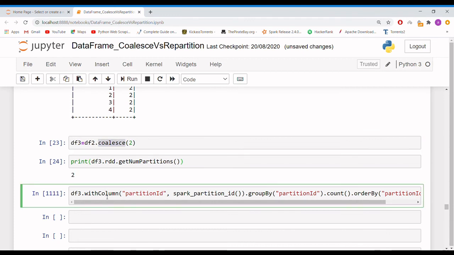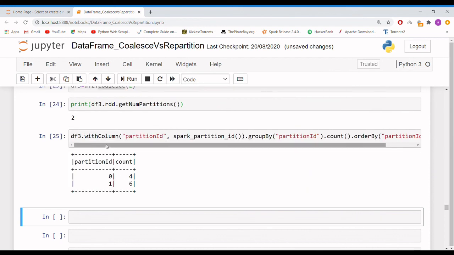Now we will see on what partitions how many records are stored. We are going to see that with the same function. With withColumn we will create a new column, and we are doing a groupBy operation on the partition ID. You can add orderBy or not, but in order to get ascending order I am doing this orderBy. Let me execute this.